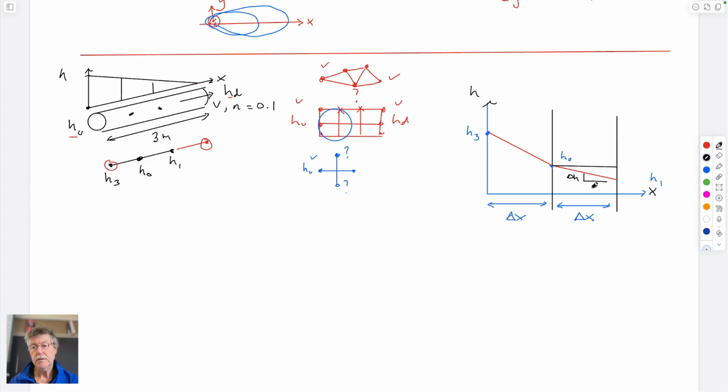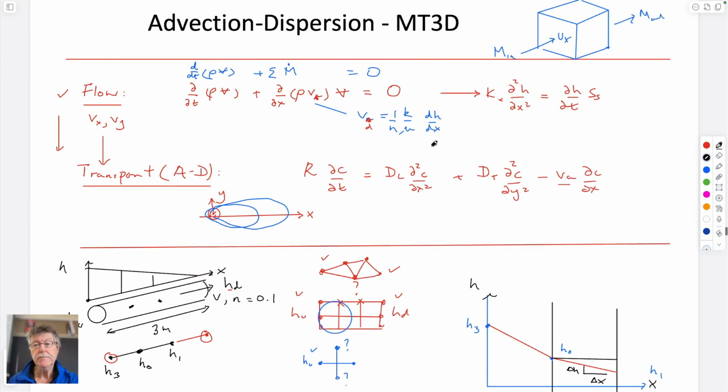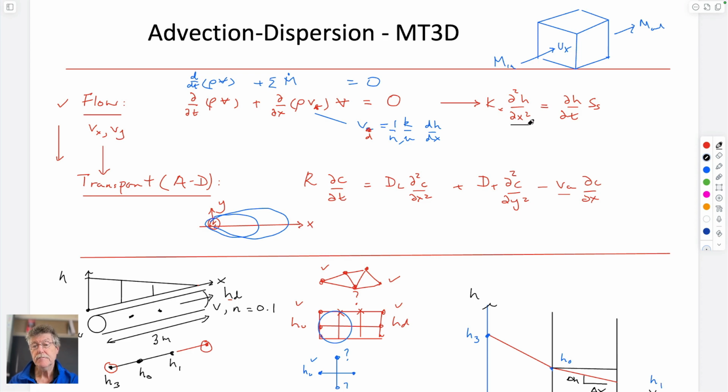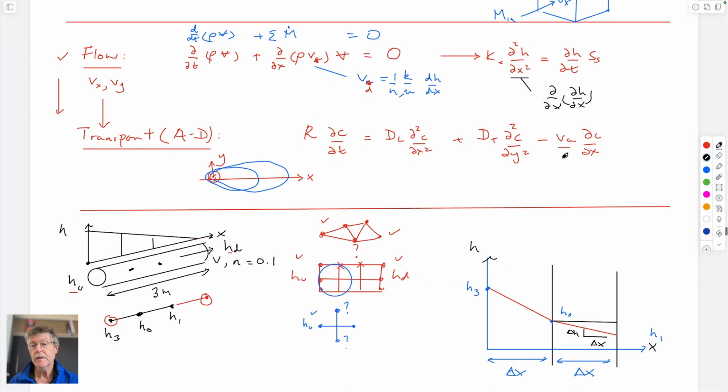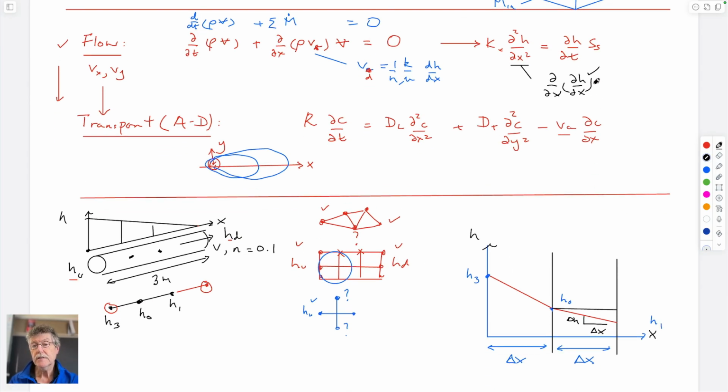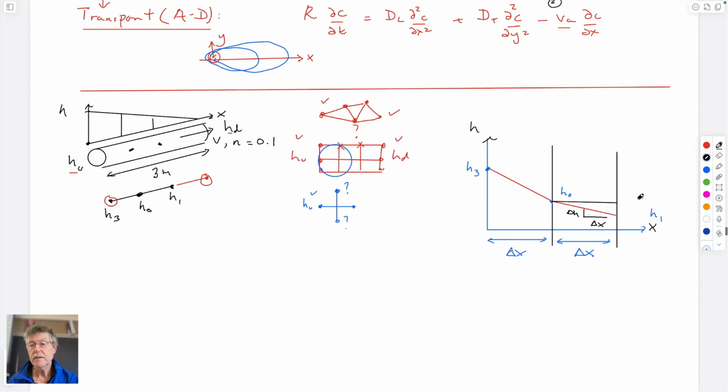Delta H, delta X. And so if we wanted to calculate, for example, we know that in this expression we have terms like this, and we can convert that term to look something like the rate of change in the x direction of the gradient of head. Right? This says how much does the gradient of head of this value change as it goes downstream. So we need to be able to calculate this, and then we need to first. And if we can do that, then we need to be able to calculate this. So the first part,